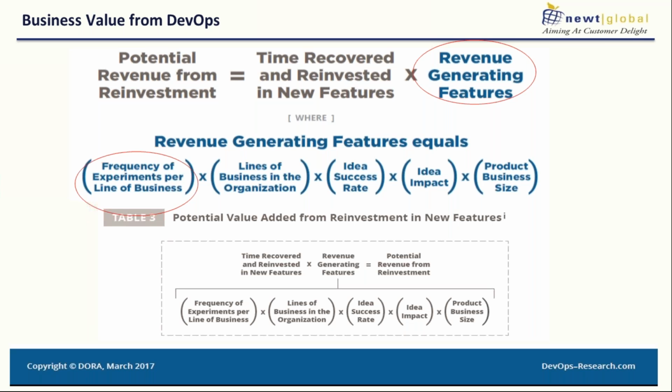And these are revenue generating, by the way, because the way agile operations work, as you all know, is to create a minimum viable product at every point in time, so that there's a direct revenue benefit that comes out of these releases. So essentially, the equation goes that the revenue generating feature we're talking about is a combination of how many releases you make which are experimental, which need to be proved in the market per line of business, into the number of lines of business, as well as the success rate of these ideas multiplied by the impact of the idea, which is to say how much revenue it can potentially generate, and of course the size